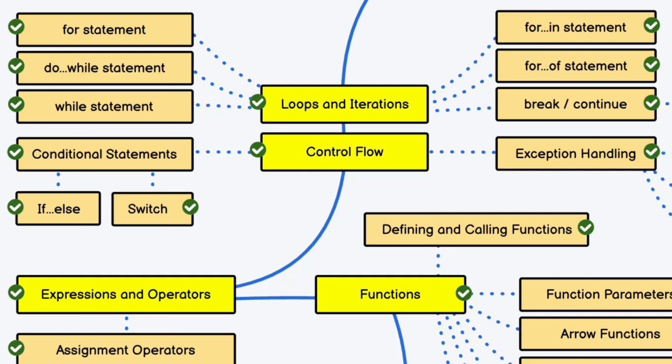We have for statement, do while statement, while statement, for in statement, for of statement, and break and continue. And break and continue is also divided into one subcategory, which is the label statement. So you can see all together we have 6 components, 6 topics which we have to cover when it comes to loop and iteration. And we have one more subcategory under break and continue. So we have so many topics to cover in loops and iteration. So that's the 7th module.